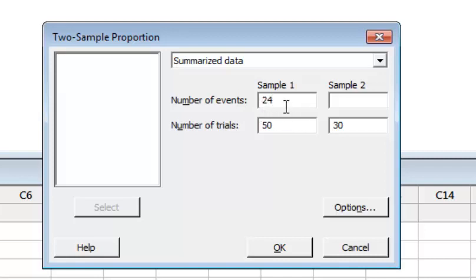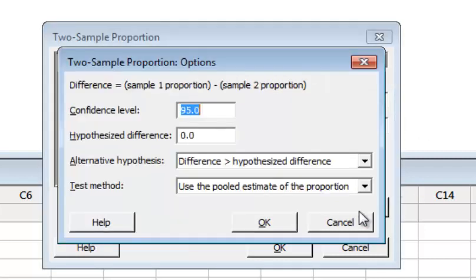That is the count in the category of your success. 24 were smokers out of 50 males, whereas 12 were found to be smokers out of a total of 30 females. So this is how you will enter your data. This is the summarized data from the table, and then click Options.